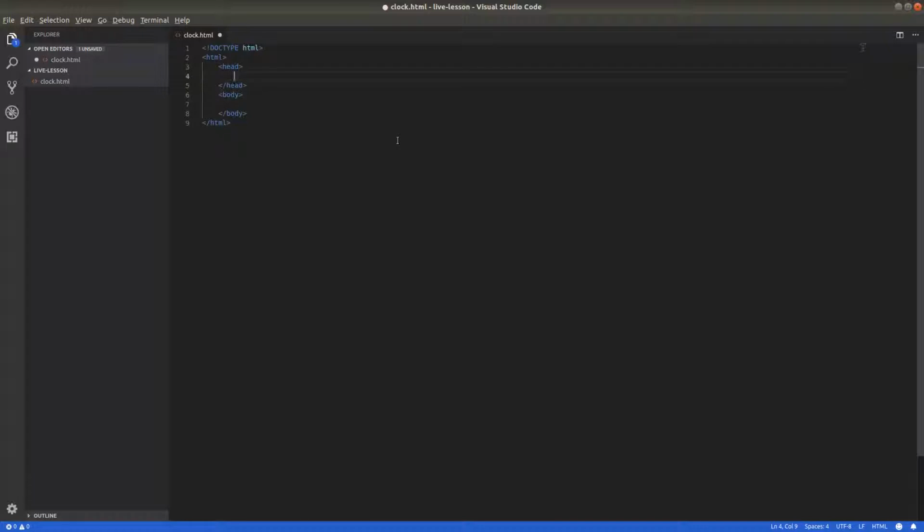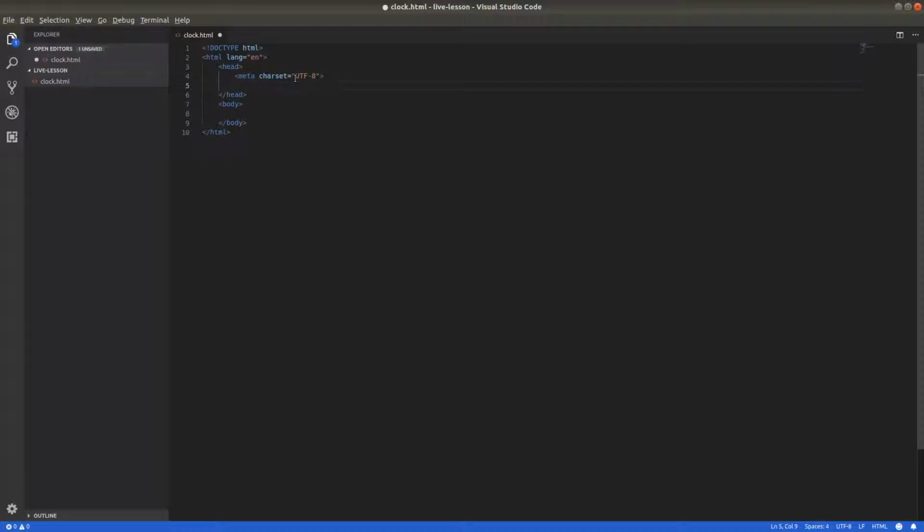Basically the head contains certain metadata information. For example, we're going to be using this tag called meta to tell the browser, okay, use this charset, okay, UTF-8. So we should be putting a lot of detail here so we are helping the browser to understand our document,